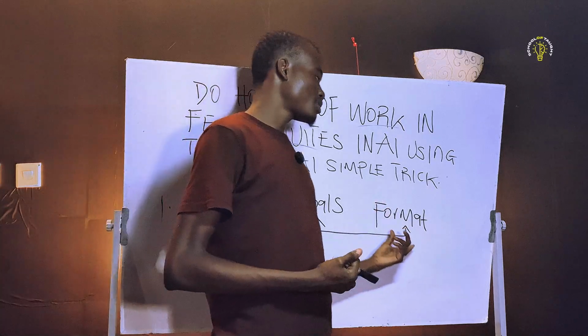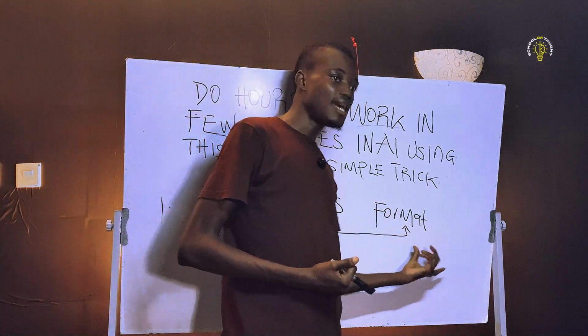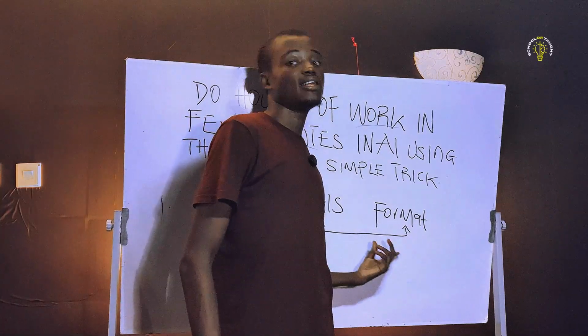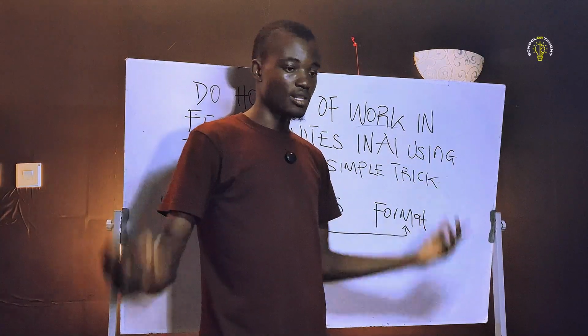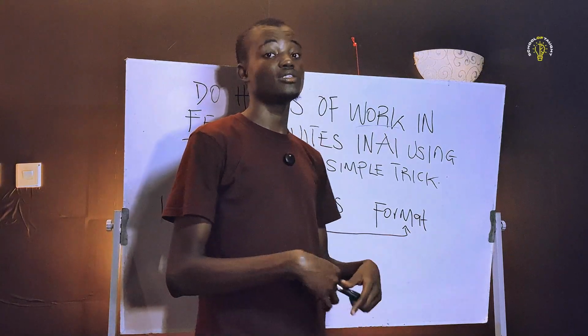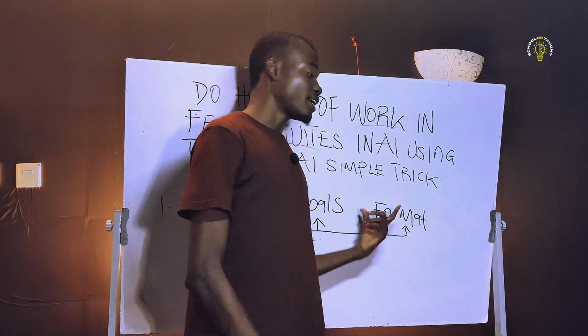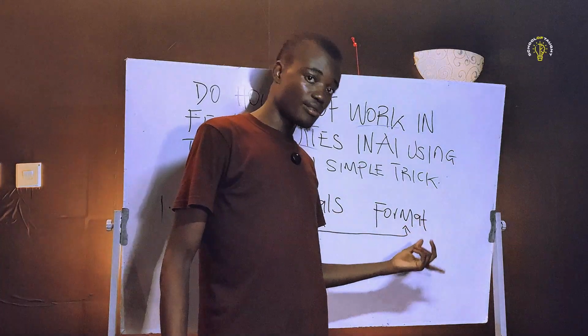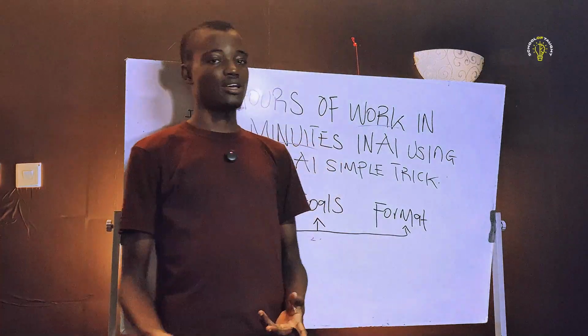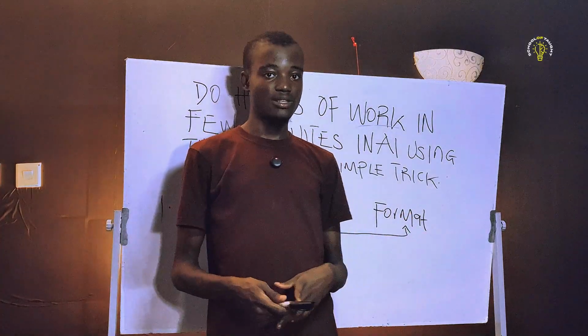So this ensures that the AI understands how exactly it's going to deliver that piece of information, because information is not always information. Information is more valued when it's delivered properly. So it can give you the right and accurate information, but you'll not be happy with it because it's the wrong format and you're probably not going to do anything with it.